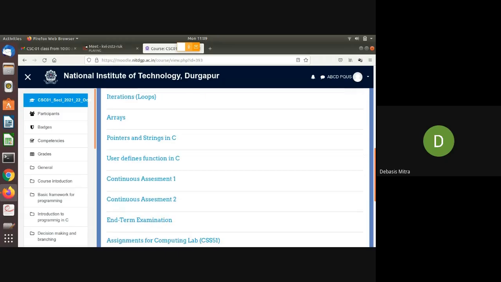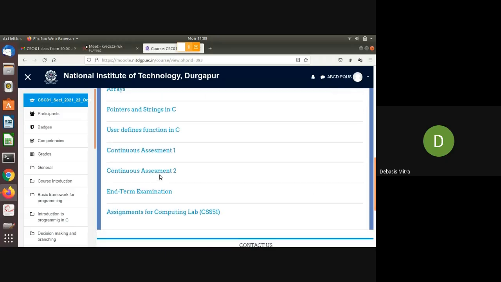And there will be three interesting tabs at the end, like continuous assessment 1, continuous assessment 2, and end term examination. So the examination related content will be uploaded here and the instructions, and we'll let you know when we'll take continuous assessment 1, how to participate in that.